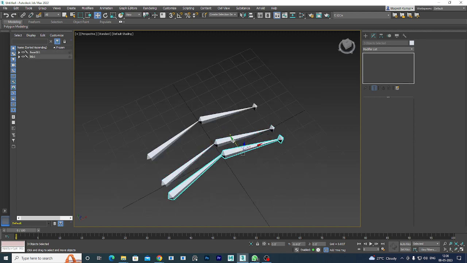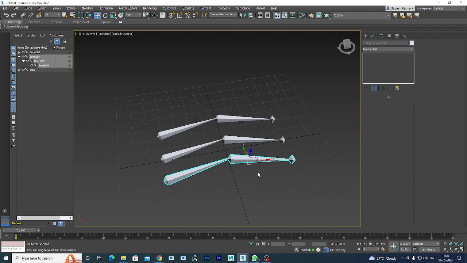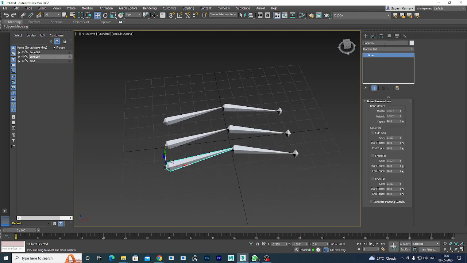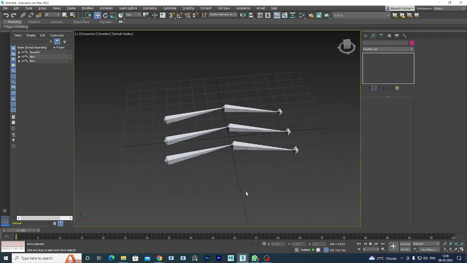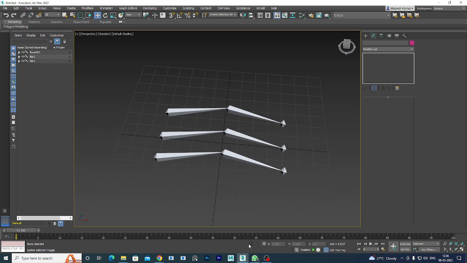Now we are gonna duplicate this again and create one more copy of it and rename it as FK. FKB1, FKB2. Okay, so all three bone structures have been created. One structure will go with the mesh, or mesh will bind with it. Second structure will have the movement of IK, and third structure will have movement of FK, and this is gonna blend between IK and FK